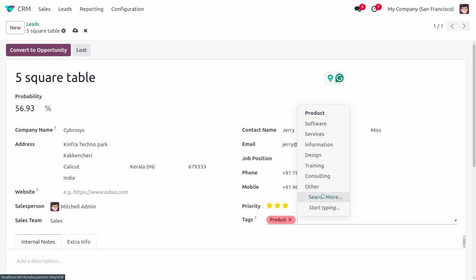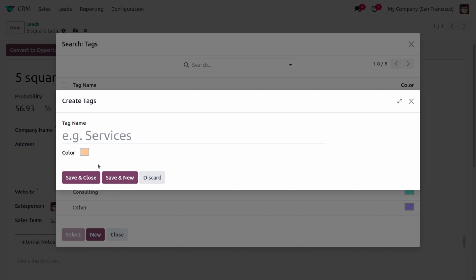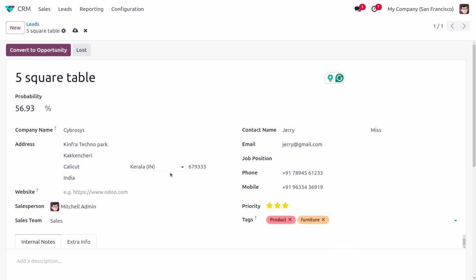So let's search for the tag furniture. If you don't have the required tag, you can just create it. These tags are used for filtration purposes and easy identification. Now let me give the details over here, and you can see that the percentage has changed again and the probability has risen.